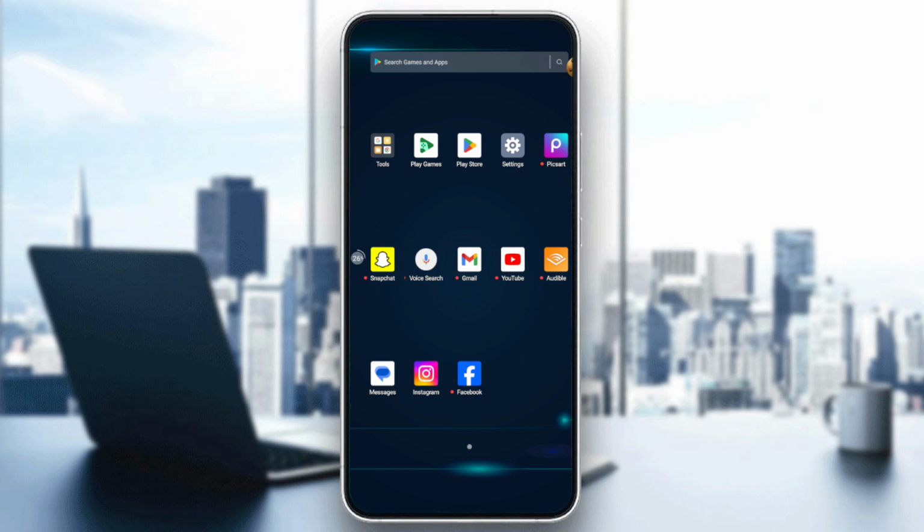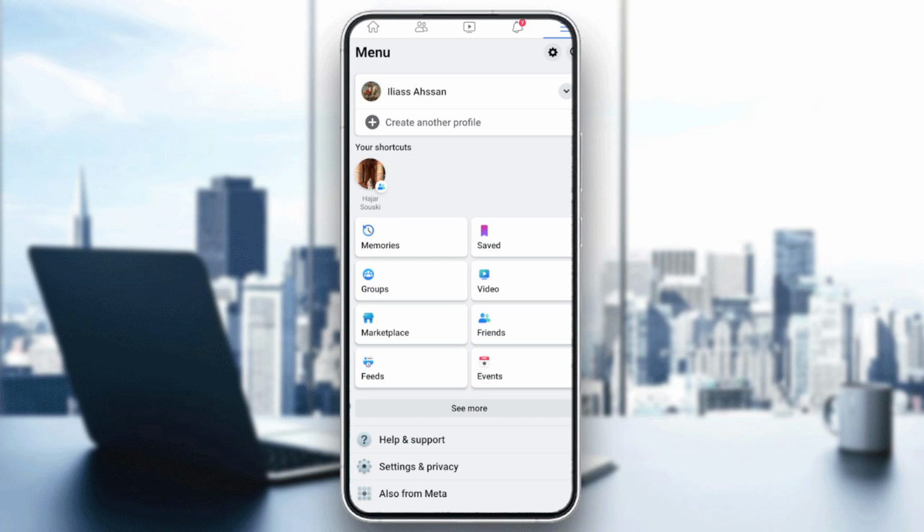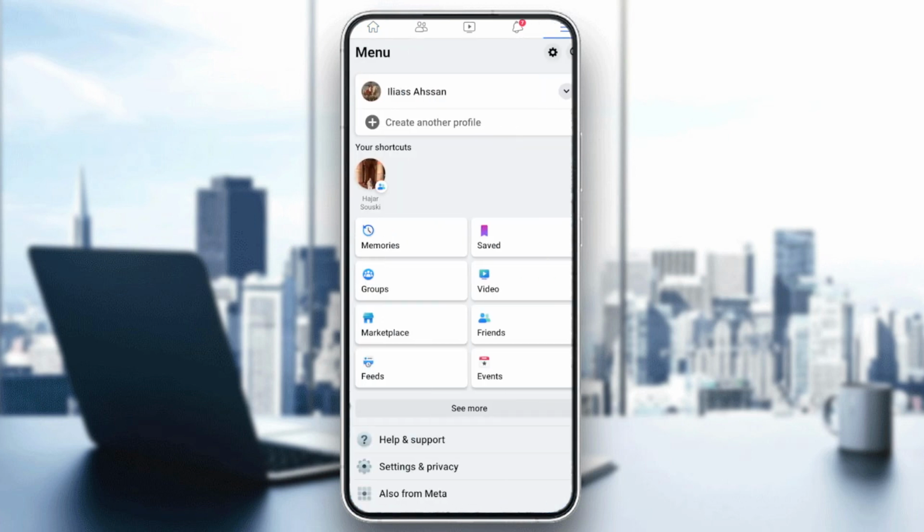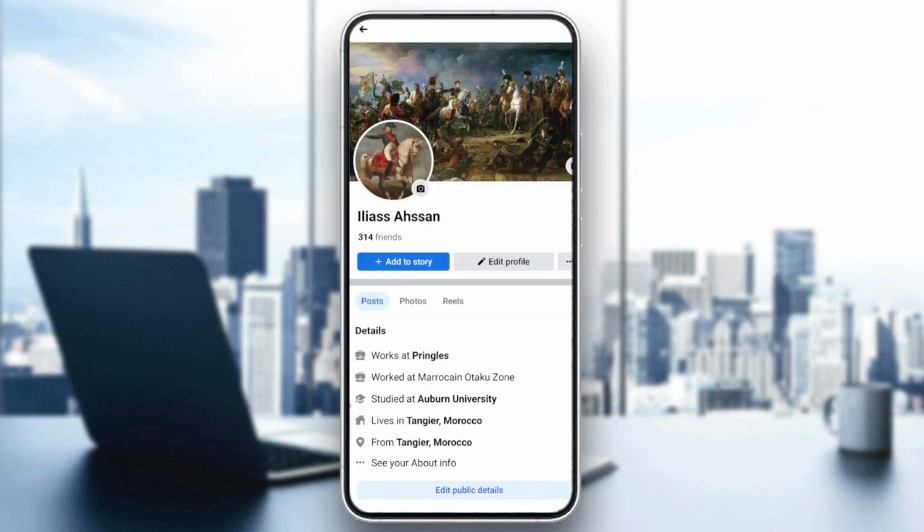So first step will be is to open our application, Facebook application, and make sure that you are connected to your profile, of course, or your account. After logging into your account, you will need to go to your profile. To do so, you go to this navigation bar, you click on your profile, and basically here you can see